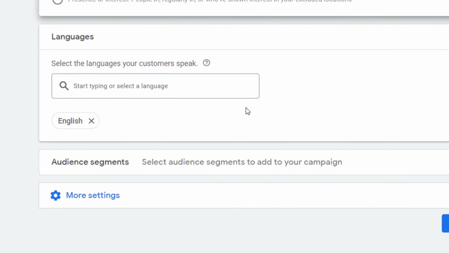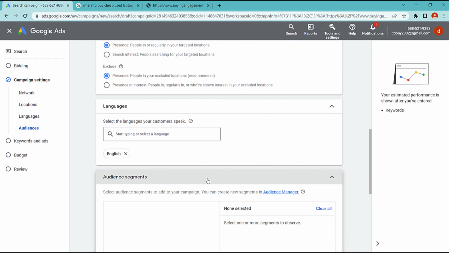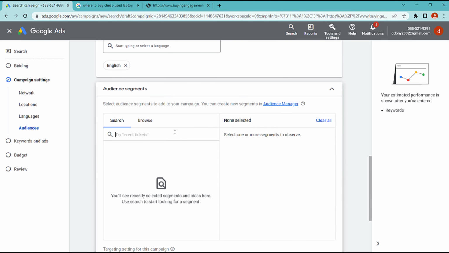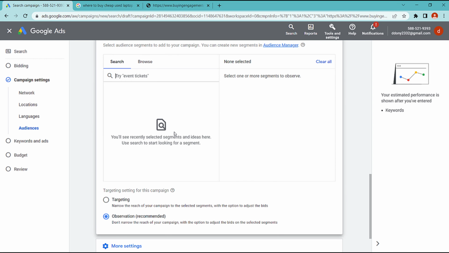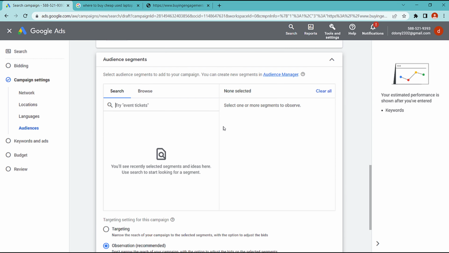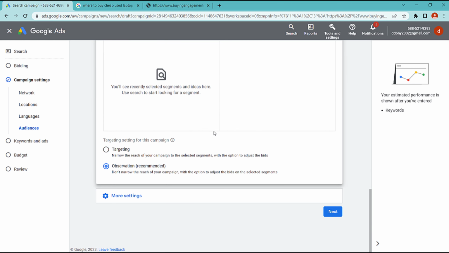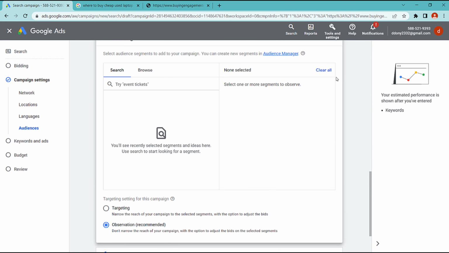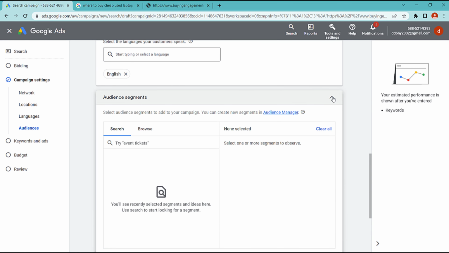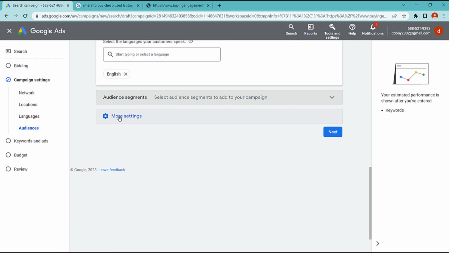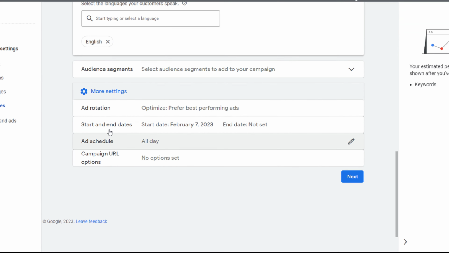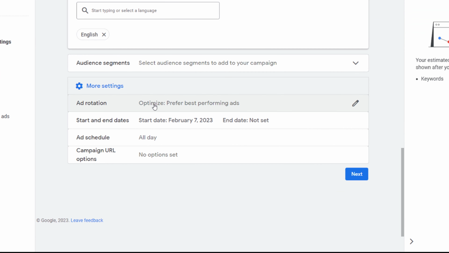Okay, now language, your setting is English. Audience segment: because we are just creating ads for the first time, I skip the audience segment. And then more settings, ad rotation.